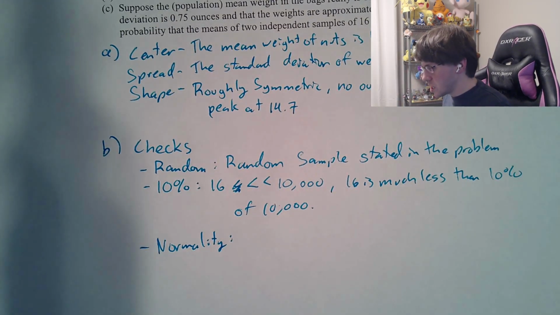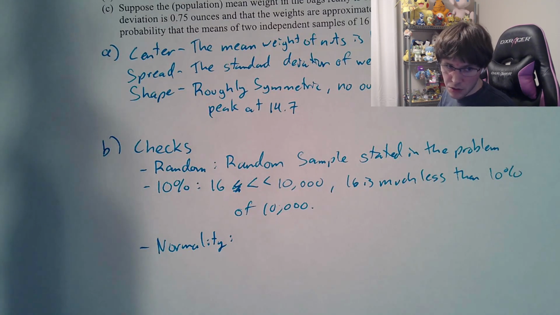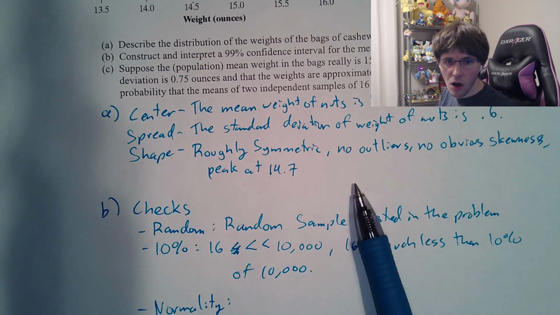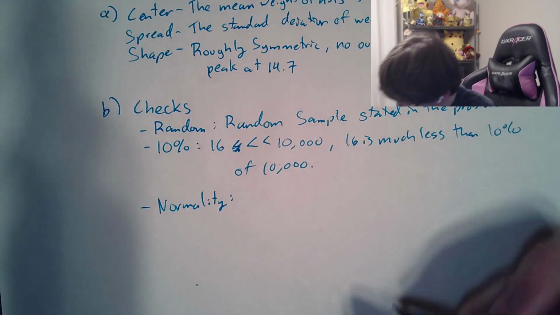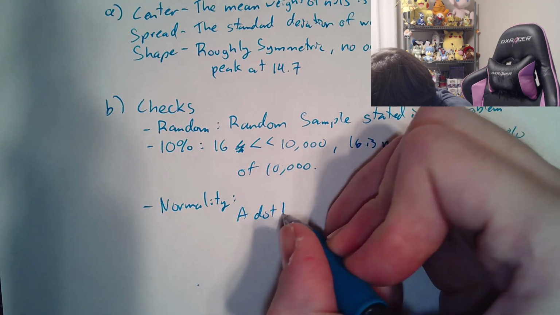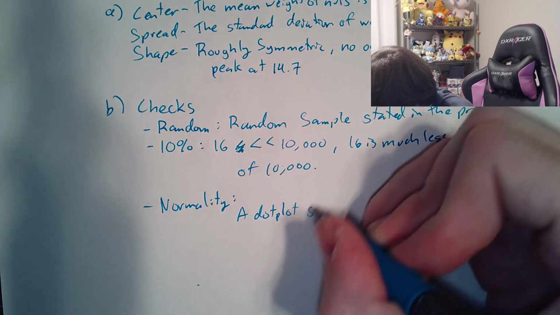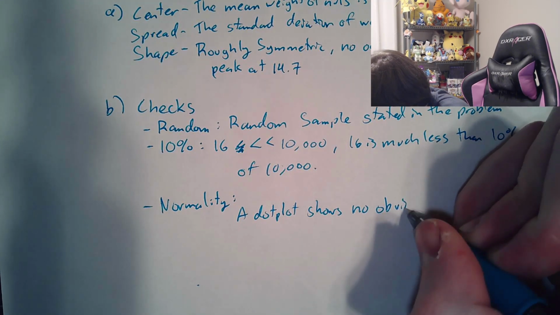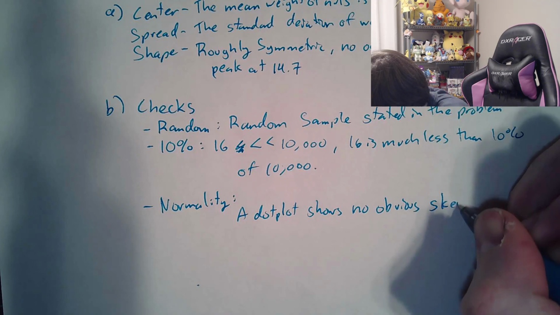Normality. It doesn't say anywhere that the distribution is normal, so you can't do that. N is not bigger than 30. N is 16. So what we actually have to do in this one is we have to talk about if the dot plot or similar has any strong skewness or outliers. But we've already said earlier that no, there's no skewness and no outliers. So our normality is a dot plot shows no obvious skewness